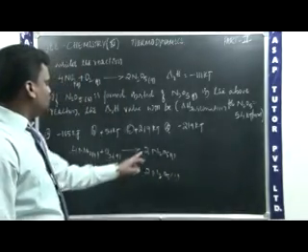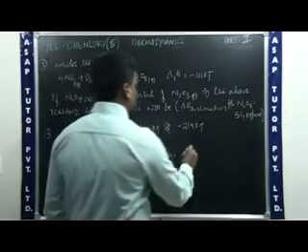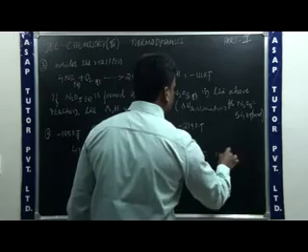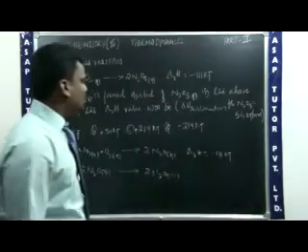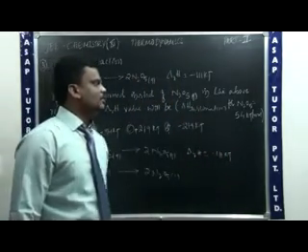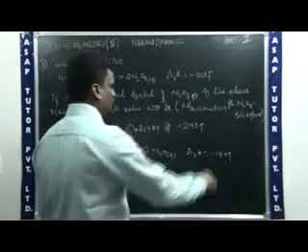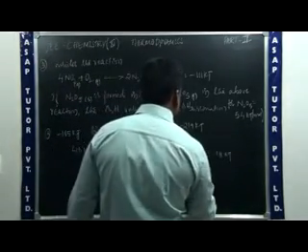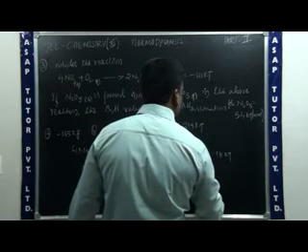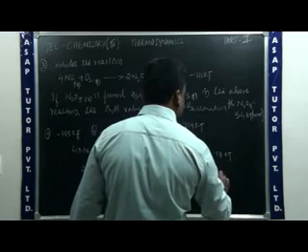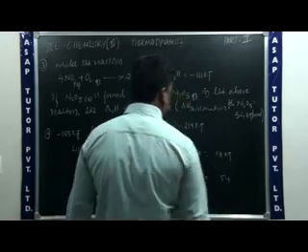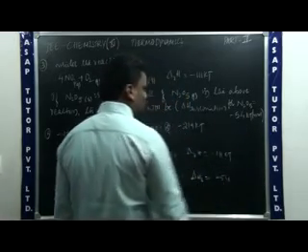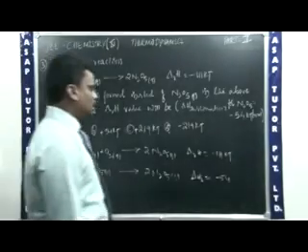Here they gave the change in enthalpy of the first reaction, delta H is equal to minus 111 kilojoules. For the second one, they are mentioning the change in enthalpy of sublimation for N2O5, that is equal to 54 kilojoules per mole. We can write delta H sublimation is equal to 54. So this has to be minus, because there is a release of energy, minus 54 kilojoules per mole.